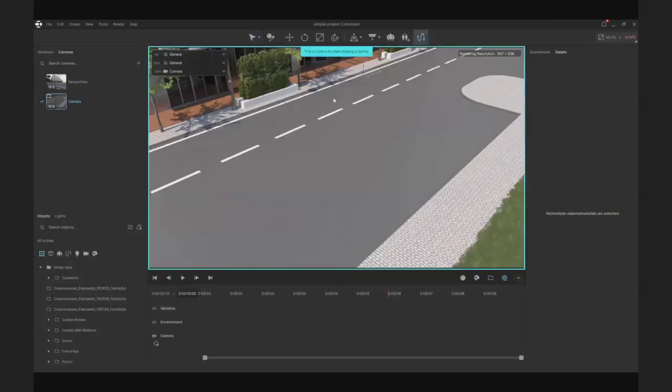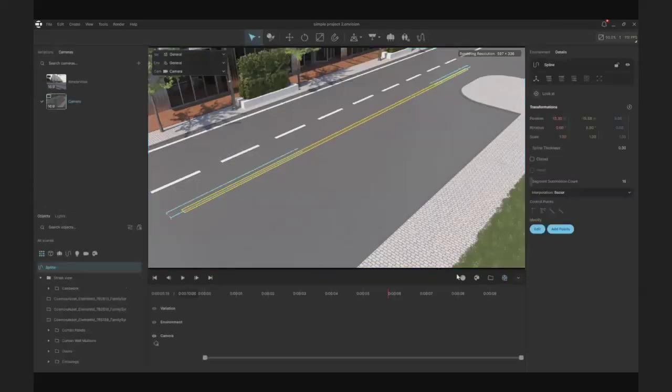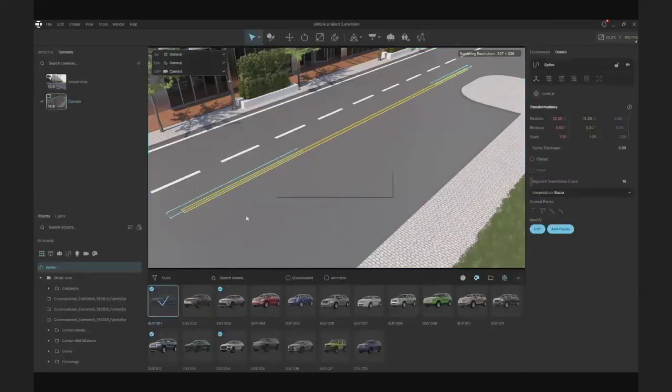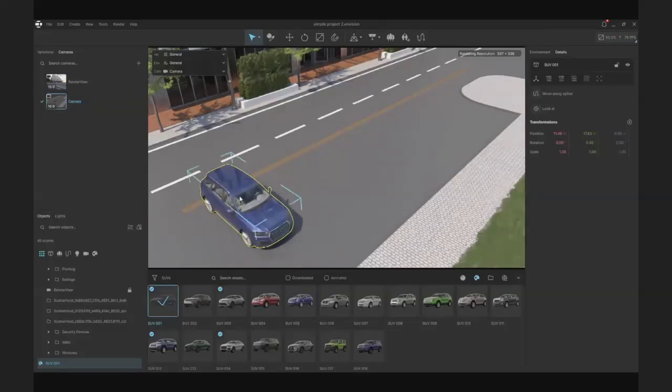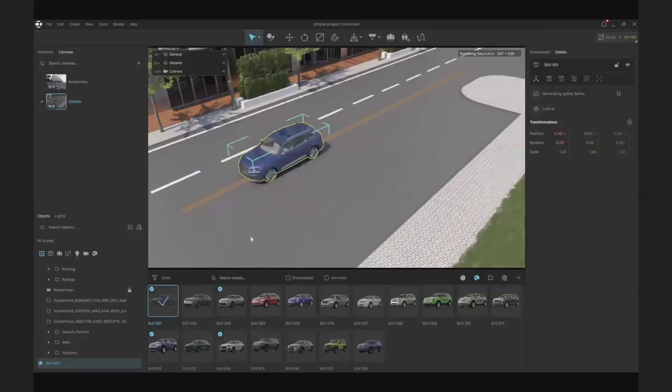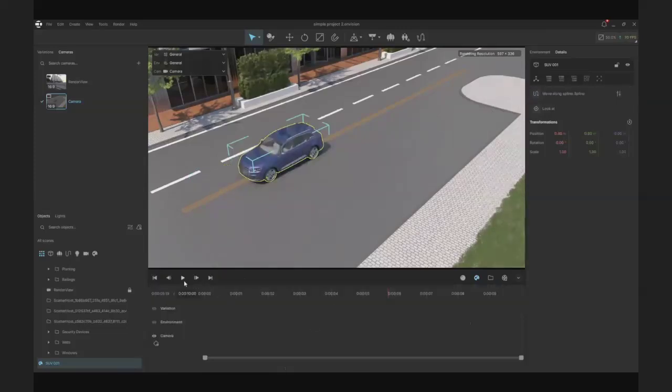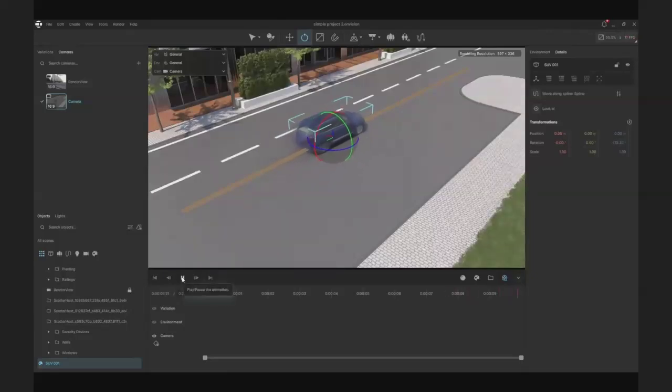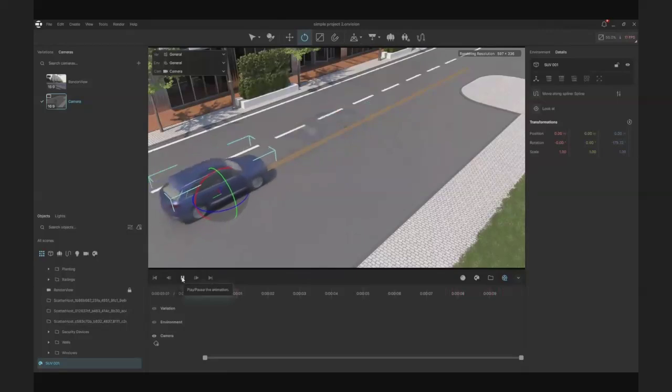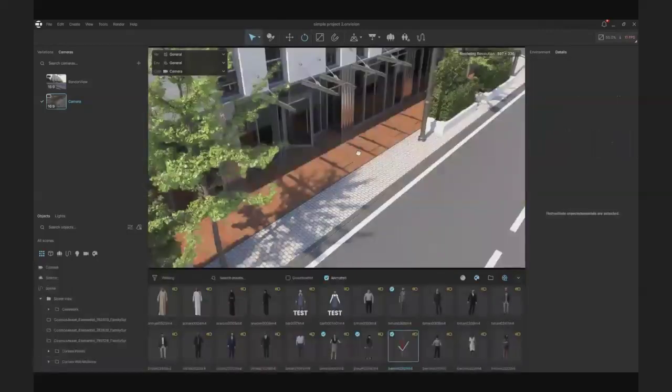Let's start with the animation part right here. If we draw a line and put a car on it, apply the car on the line or just select a spline for the car, we can have a car animation. Really easy and with ease. If the position of the car is wrong, we can rotate it and we can have a preview. Then we can export the animation really easy and really fast.